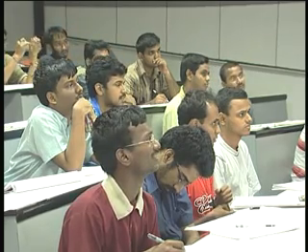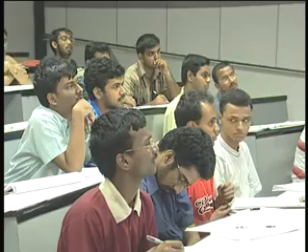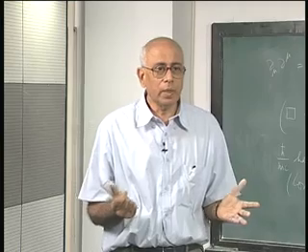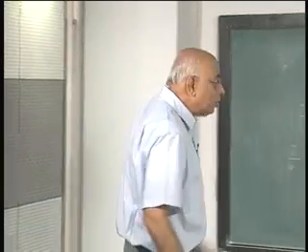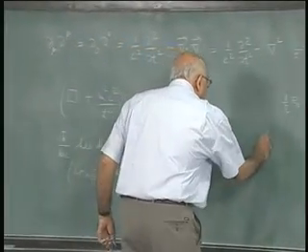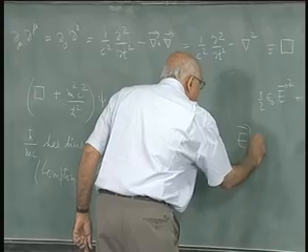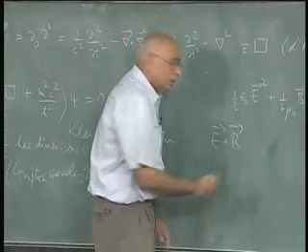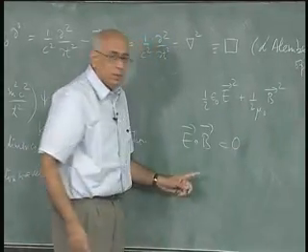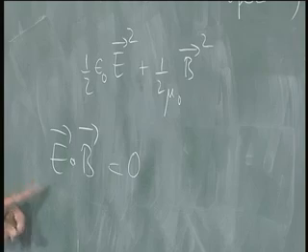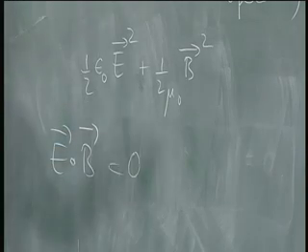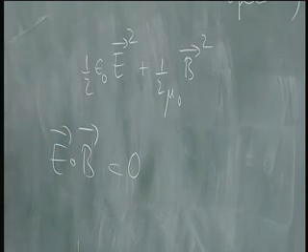The Poynting vector gives you the direction of propagation. E dot B is 0. So E dot B equal to 0 must be a Lorentz invariant statement, even though E and B themselves change. This is only a 3-dimensional scalar, but the fact that it is 0 must somehow be a Lorentz invariant statement,